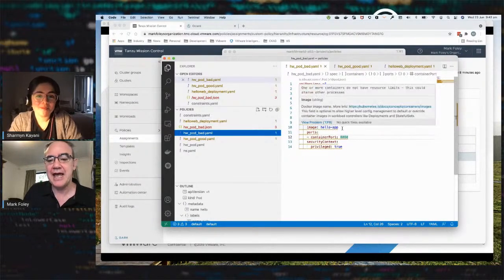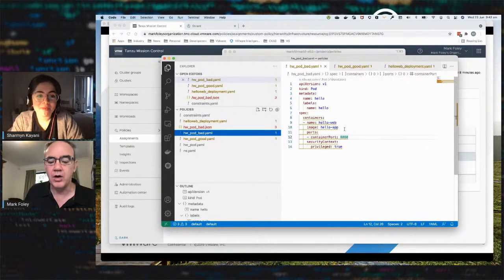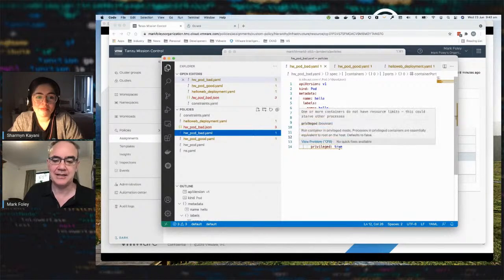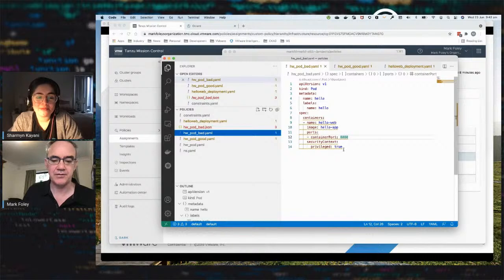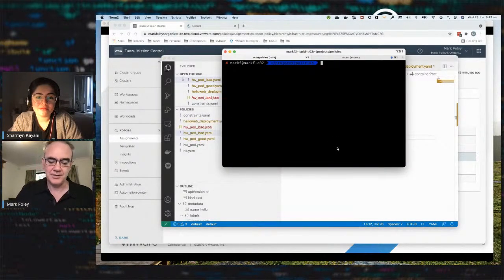Again, you'll notice there's no tag on that image. So by default, that's just going to go and get the latest version of that particular image. So as we talked about, not desirable behavior. And the last thing there is that this particular pod is asking for privileged access. So fairly predictably, when we go and try and deploy this,